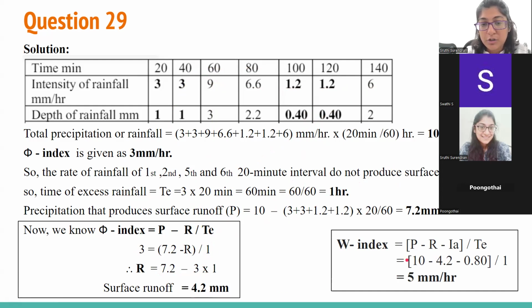In order to calculate the W index, again P minus R minus the loss by T. P is, now for this we are going to be using the total precipitation that we got in the beginning. When we calculate W index, all this thing of removing these values and all of that is not needed. We have to use the actual first precipitation of 10 mm minus the runoff value we got and the IA value that is given in the question, divided by the total time, which is